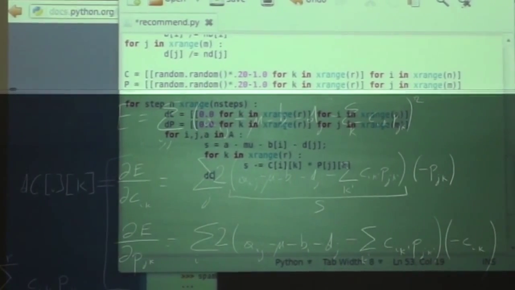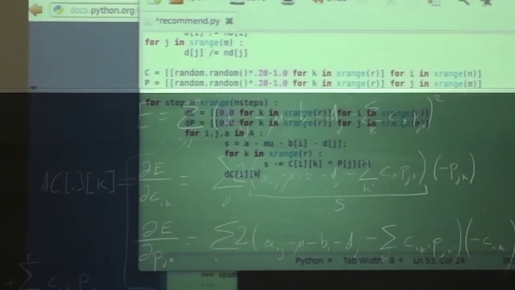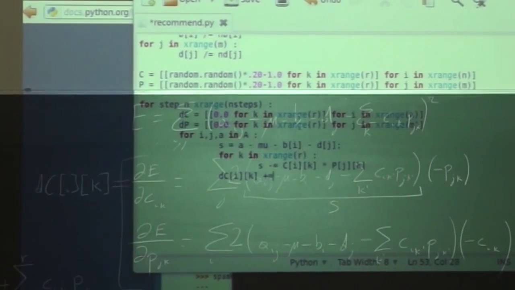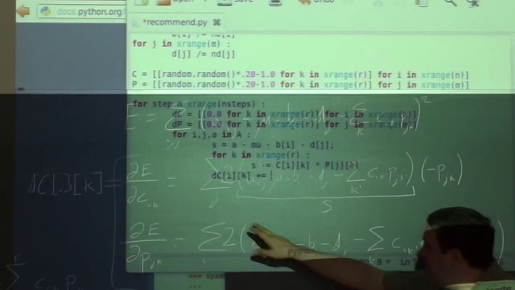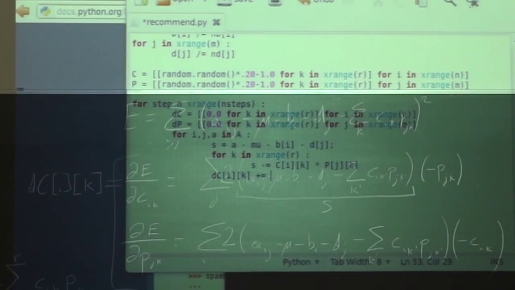So in dc of i k, I'm adding this term of the sum for the particular value of j that I have in the iteration. So it's s times, let's write it as it is there, minus p of